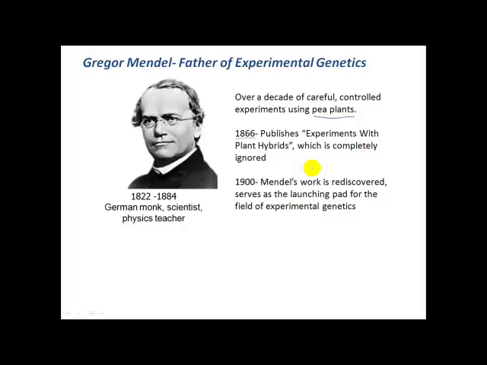And the fourth reason is that pea plants produce lots and lots of offspring. So with one cross, you're going to get hundreds of seeds that you can then analyze as the offspring of your genetic cross. So in one generation, you can actually get sufficient progeny to get statistically significant results that you can then analyze and have a high level of confidence in the results that you're seeing.